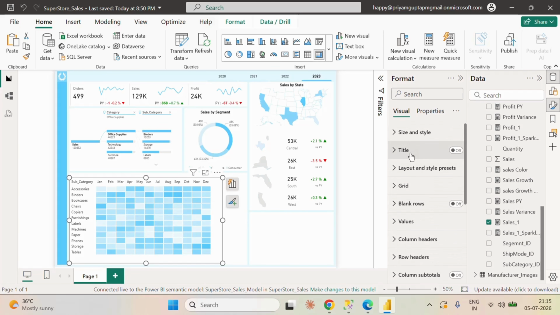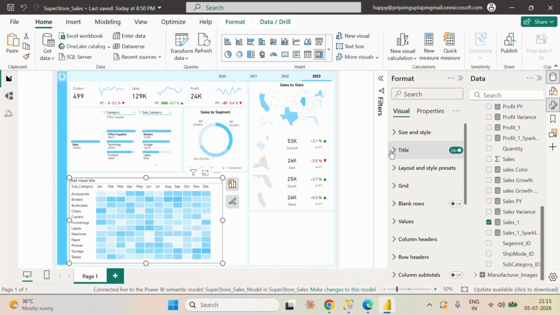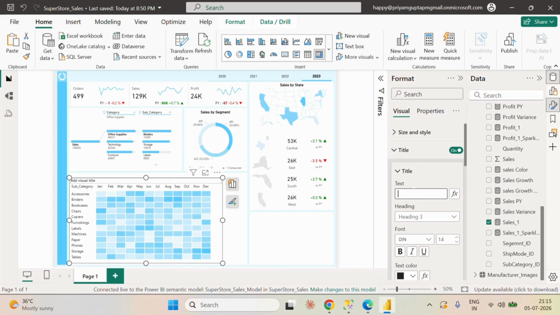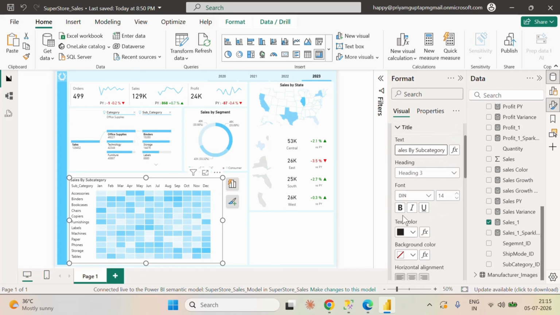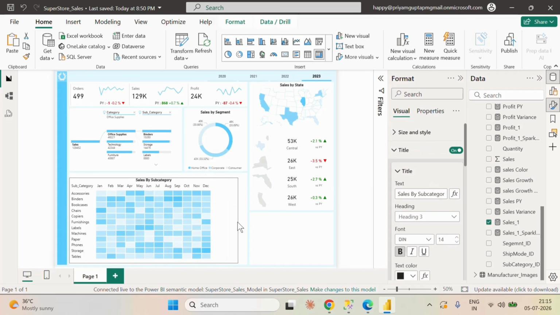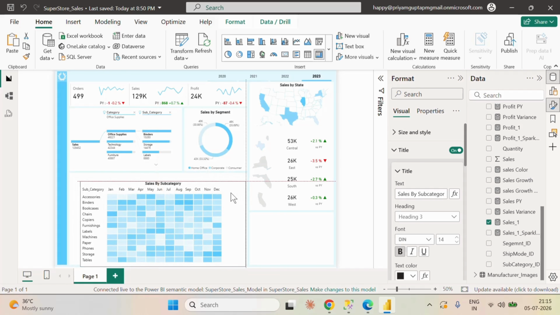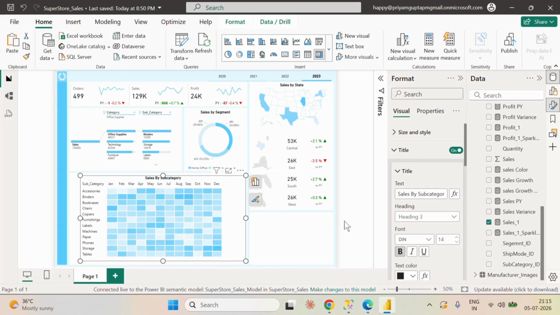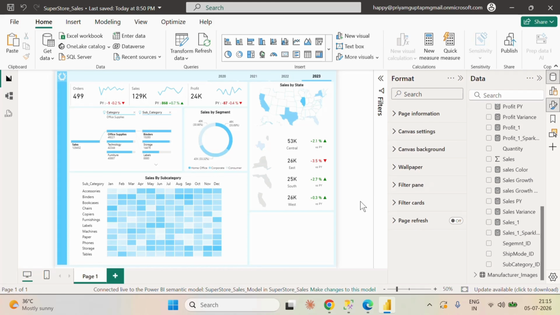Now we have to turn on the title. Let me turn on the title, and in this we are going to show sales by subcategory. Let me bold it and place it over the center. Okay,